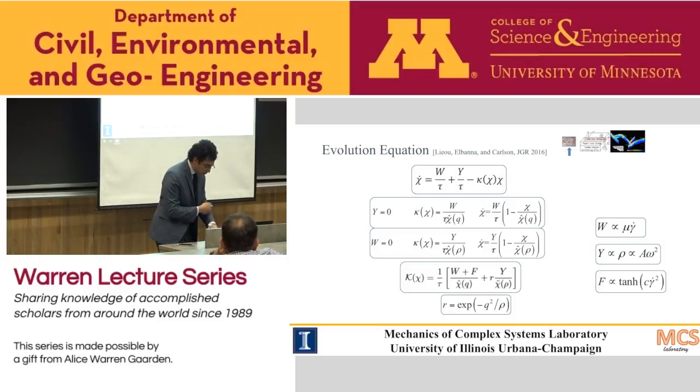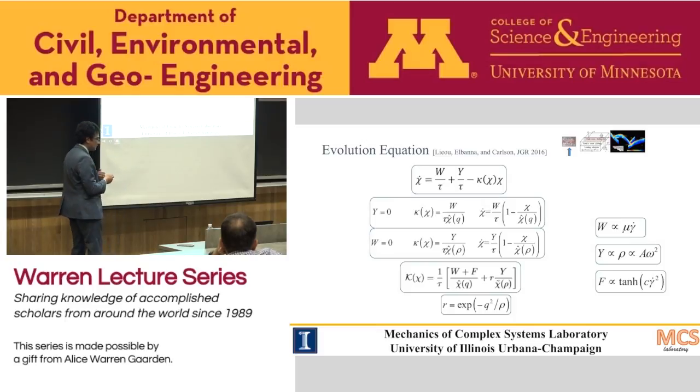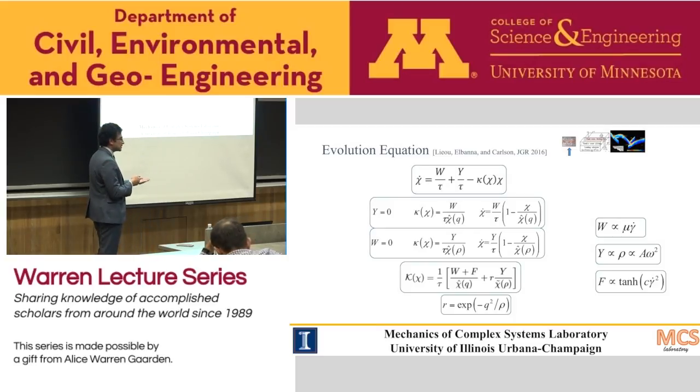And let me just show you, in order to make it more transparent, what does this mean? So let's imagine first that we don't have vibration. So we only have a sheared system. In that case, it comes out from the thermodynamics that this coupling coefficient would be equal to W, which is something related to the dissipation, the work rate. So it's something related to the shear stress multiplied by the plastic strain rate over some steady state function